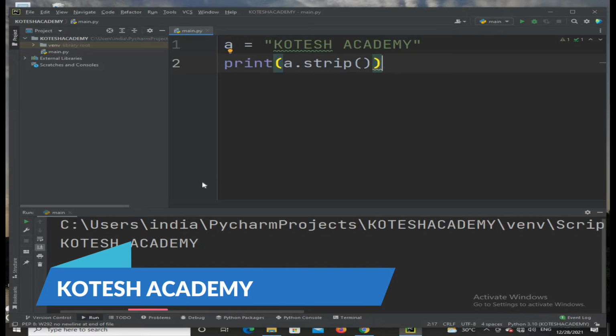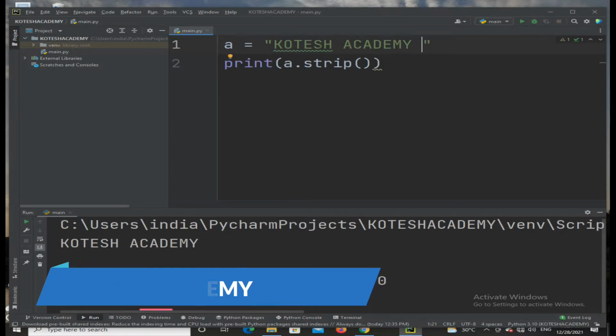After execution of this, the white spaces are removed. For example, if you take this, at the end of Academy we are using one space. Then after running the process, you will get this.